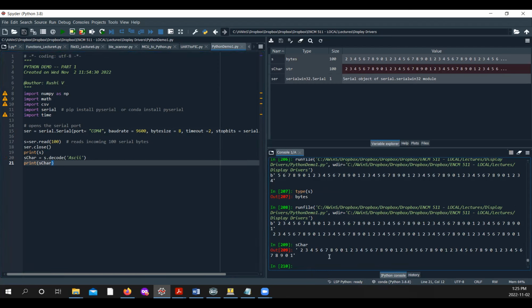It's a single string with all the bytes it's received, 100 bytes. But keep in mind, the 100 bytes also include the spaces in between. So it's about 50 numeric characters and about 50 spaces, and you have space in the beginning. So you have to clean this up. You will be splitting it up and then dumping it into a CSV file. We need to clean up the gaps at the beginning and the gaps at the end, and the command to clean that up for a string